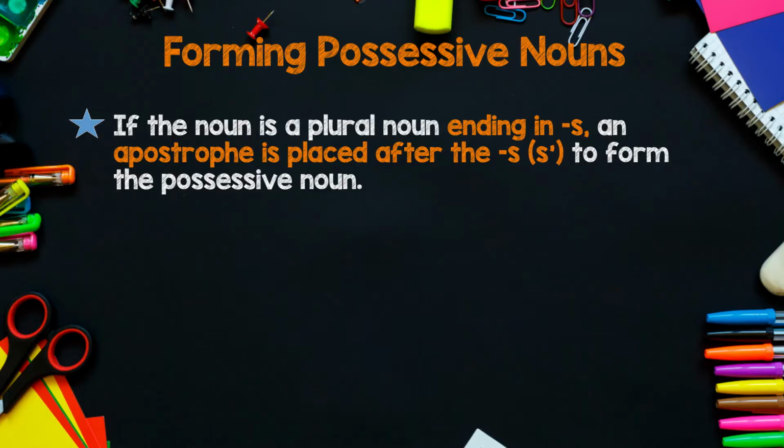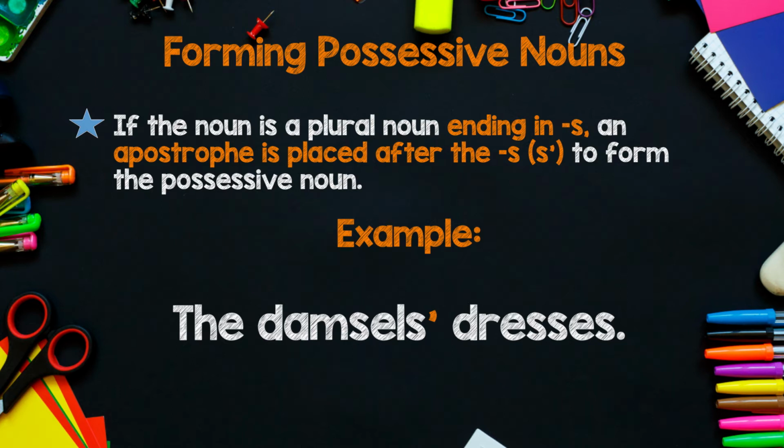If the noun is a plural noun ending in S, an apostrophe is placed after the S to form the possessive noun. So we would add S apostrophe. So let's say we have damsels, more than one young lady. We must spell the damsels' dresses as